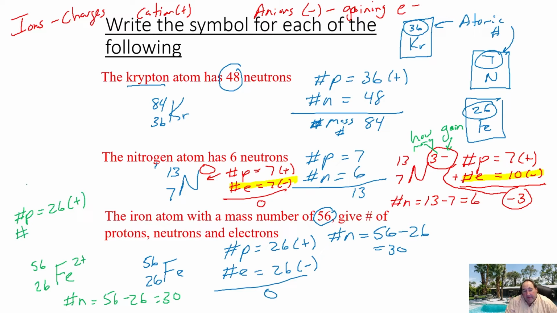Now our number of electrons, which is what's going to affect the charge, in this case will actually be 24 electrons. If I take 26 positive things and add it to 24 negative things, that leaves me a net of a positive 2 charge, which is where the positive 2 comes from. And what happens here is that's a positive guy, and that is made by losing electrons, which is a cation.